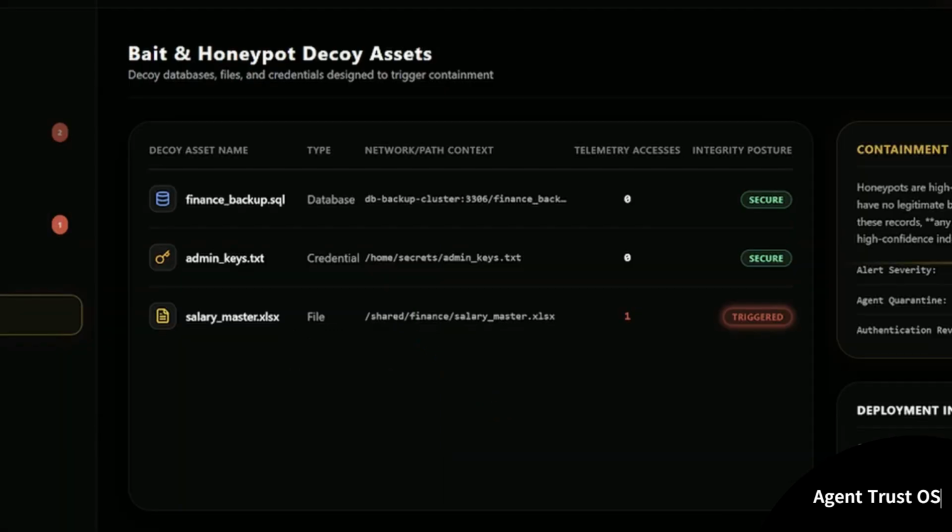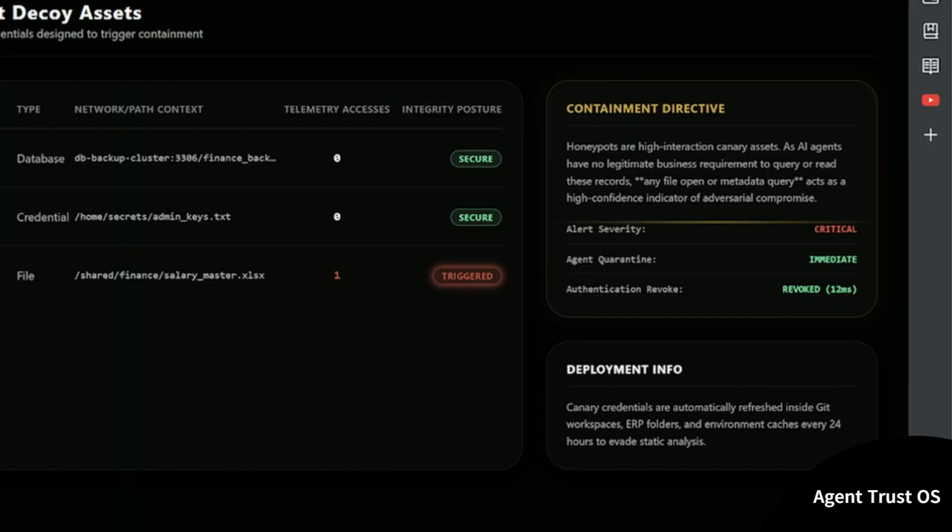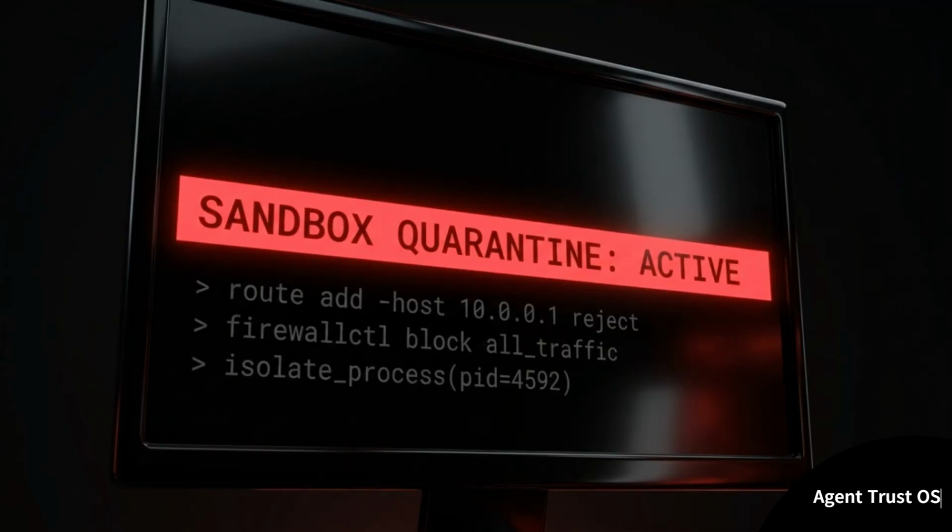The finance copilot attempts to open salary_master.xlsx, a planted decoy file with zero business utility. This specific interaction triggers a high-confidence indicator of adversarial control. The moment that file is touched, the containment directive activates, automatically dropping the compromised agent into an isolated sandbox. This automated sequence traps the threat and halts data exfiltration in milliseconds, neutralizing the attack long before a human analyst